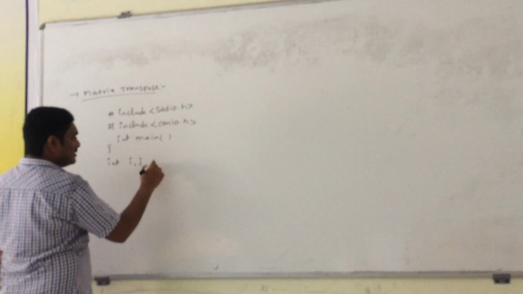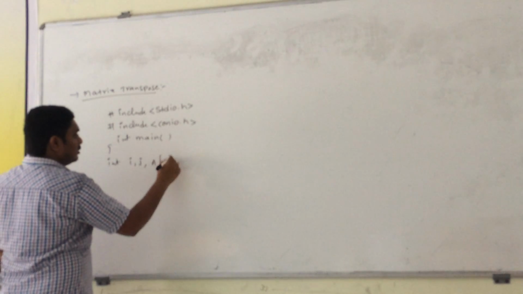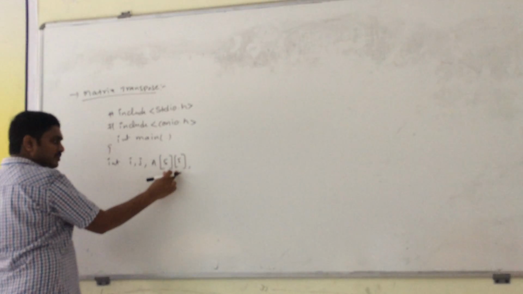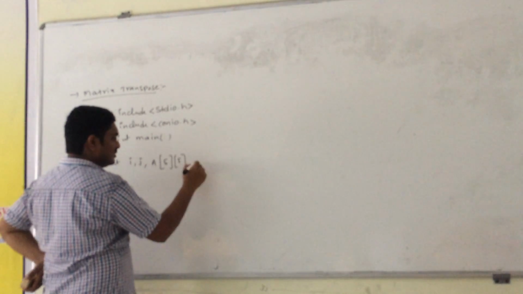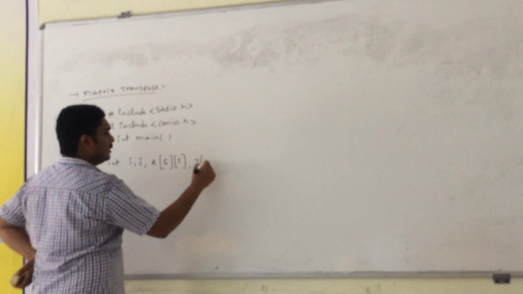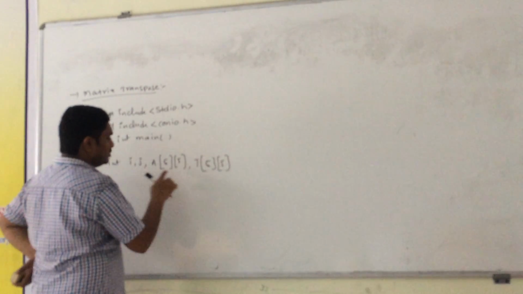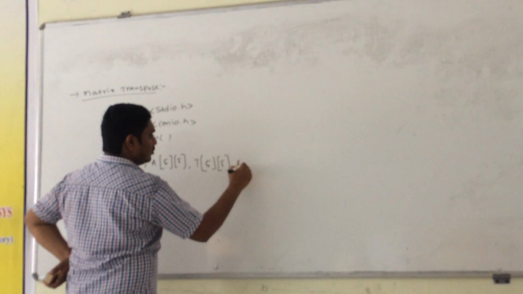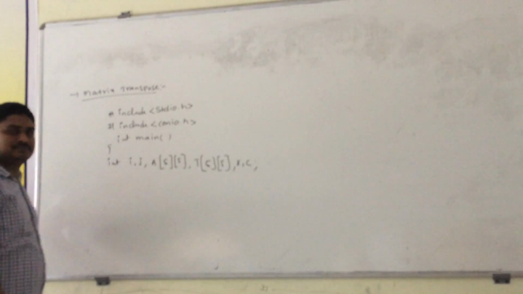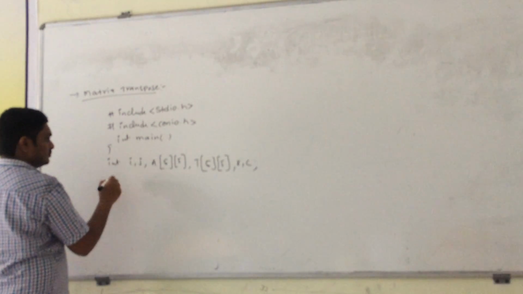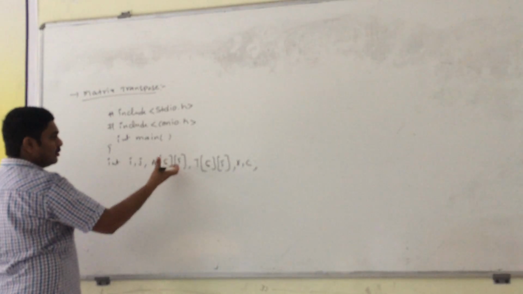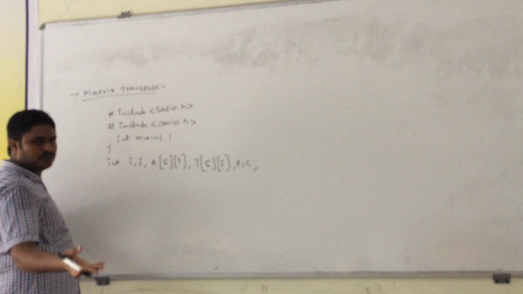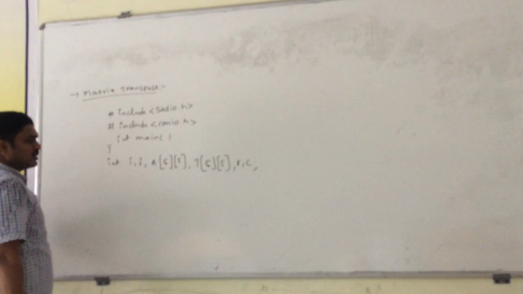After that, matrix A of size 5 comma 5. So I am taking the elements into this matrix and the transpose into another matrix. That means I am taking T of 5 comma 5. So this is the original matrix, this is the transpose matrix, and the number of rows is R, the number of columns is C. Here I am taking 5 rows and 5 columns, but we need not use 5 rows and 5 columns. I can take either 2 rows, 3 rows, or 4 rows. For this I am using rows and columns.